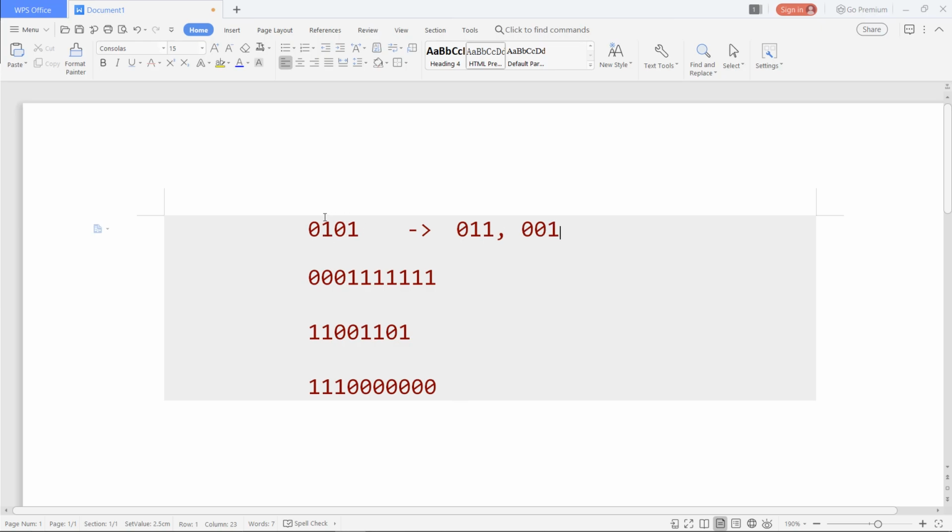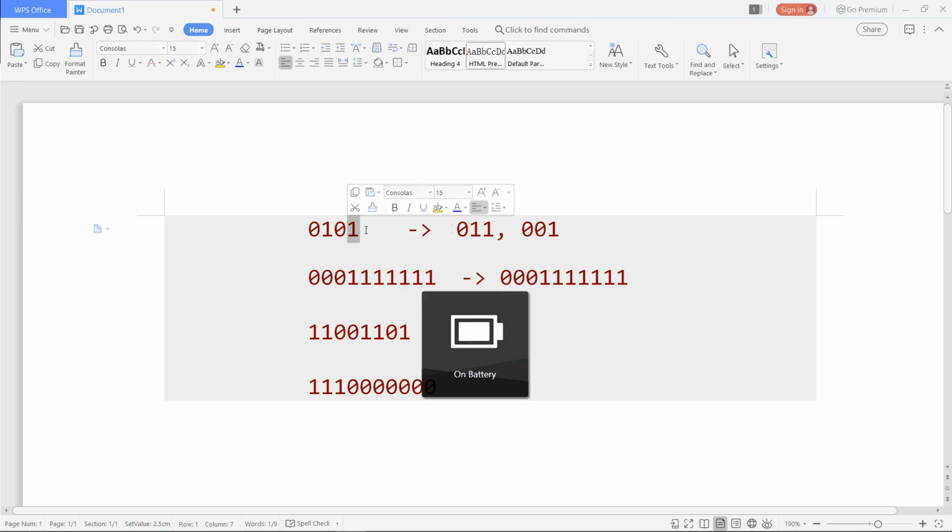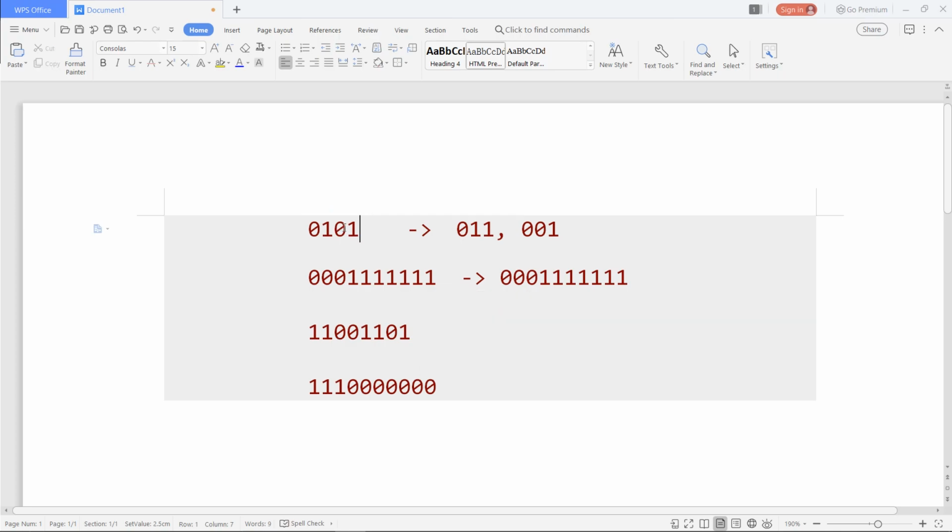So now let's discuss how we can solve this problem. Let's see for this test case, that is 0 1 0 1. We can see there is 1 0 from the start and 1 from the end, and we are not going to see what is inside.